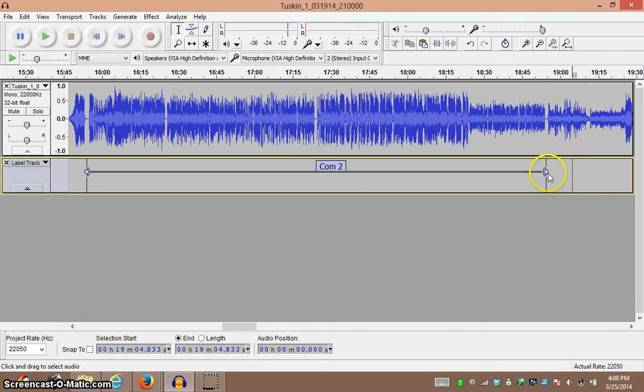Alright, and then notice you can adjust it by moving the triangle. If you move the circle, it drags the whole selection one way or the other, which is really useful. Alright, and I would just keep doing this for the whole podcast. And now if I wanted to,